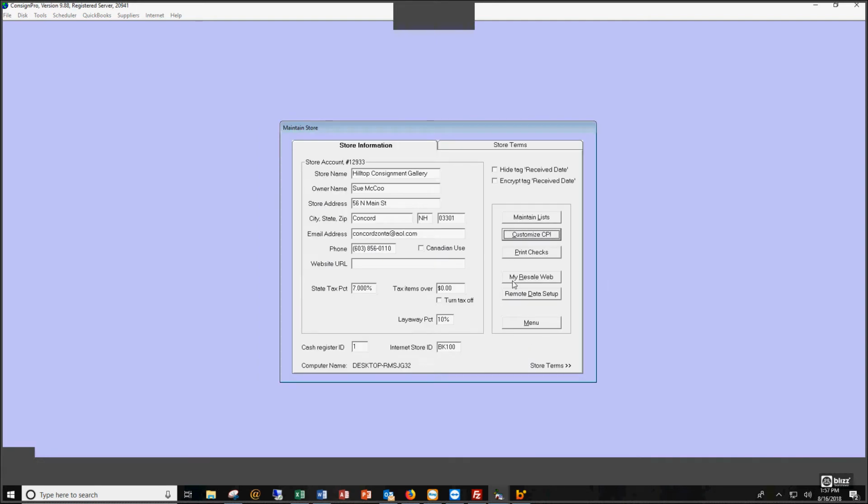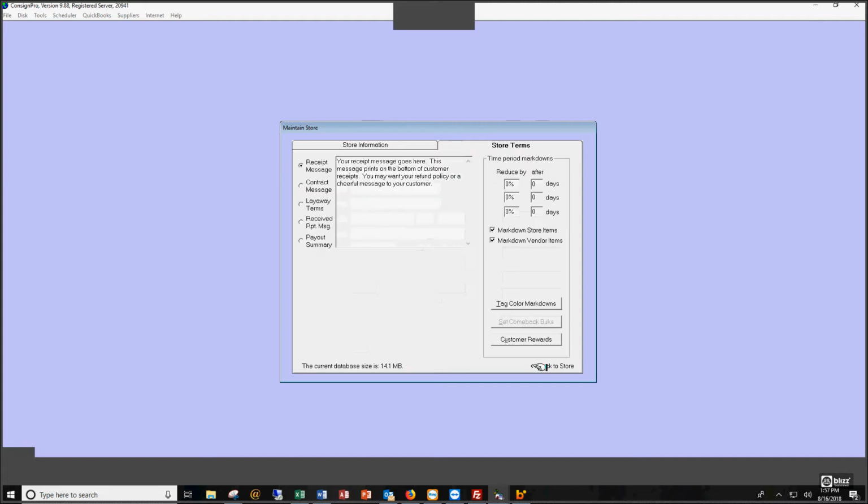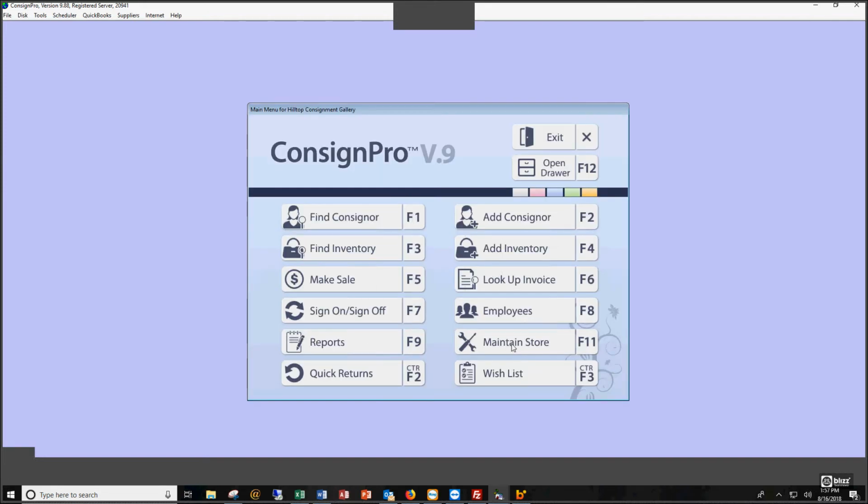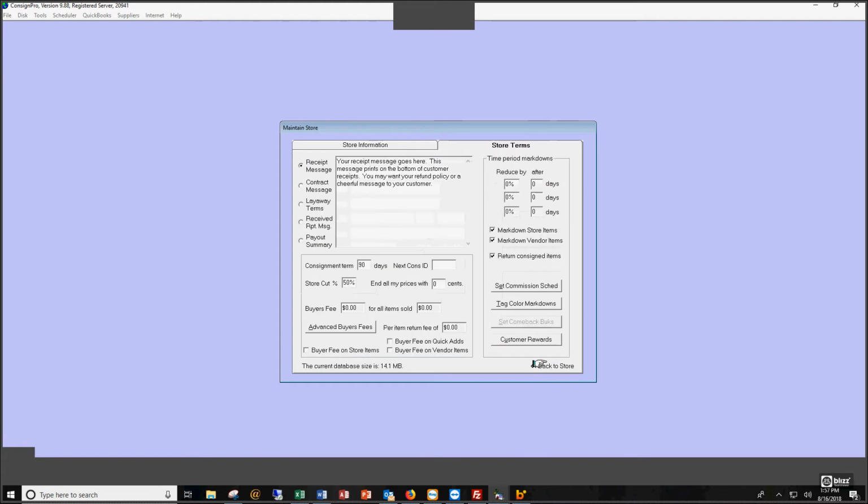I'm going to say I do mostly buy outright. Buyer's fees don't apply when you're talking about buy outright. So the system hid them from me. Let's see if it's going to unhide them from me. Yep. So now on the bottom of this screen, lower left side, we've got buyer's fees. Buyer's fees are